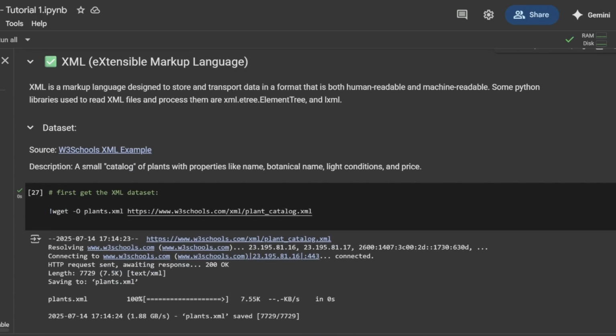Okay, now we will take a look at another data format known as XML or Extensible Markup Language. It is a language that is designed to be interpreted by both humans and computers alike, and it defines a set of rules to encode a document in a specific format. So if you have a document, you can